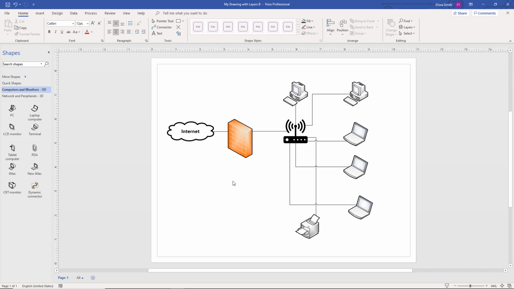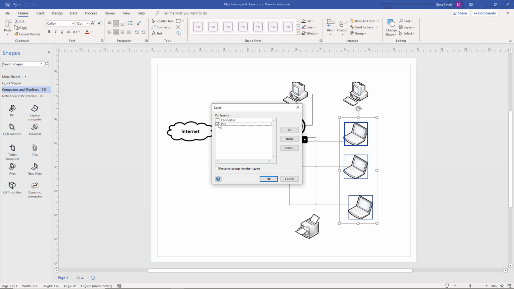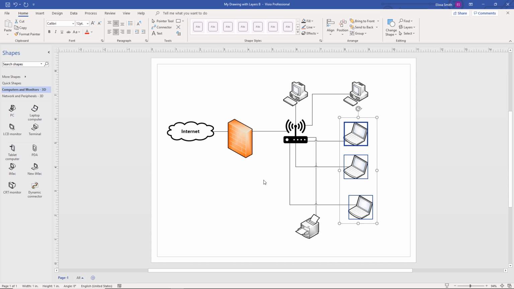What if I want the laptops, though, to be part of the PC group? I will reselect them again and then come back up to the layers group and say assign to layer. I'm going to click off the PC group. And now what I've done is I've added them along with all the other desktop PCs in my drawing